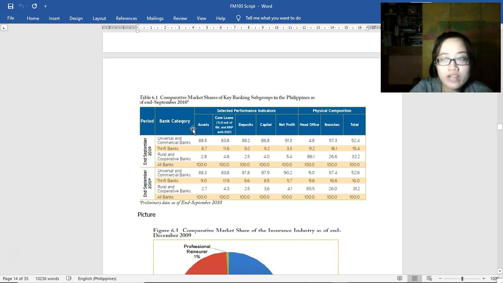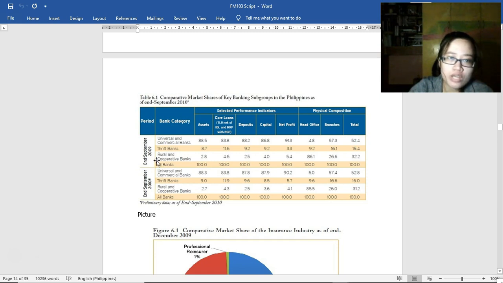Bank category. Okay, so we have different classifications of banks. We have universal and commercial, thrift banks, rural and cooperatives. And then, okay, so those are the main types of our banks. And then performance indicators, we have the assets that they have. So basically, out of all the banks, the largest amount of assets are from universal and commercial banks. Okay, and then we have thrift banks, and then rural and cooperative banks. And then when it comes to core loans, of course, still the highest. The largest share still remains universal and commercial banks. In terms of deposits, still them, and then in terms of capital, still them. Okay, and then